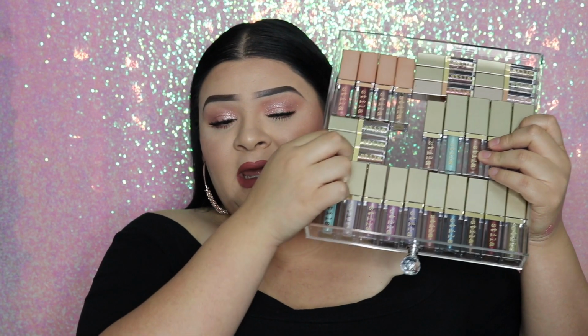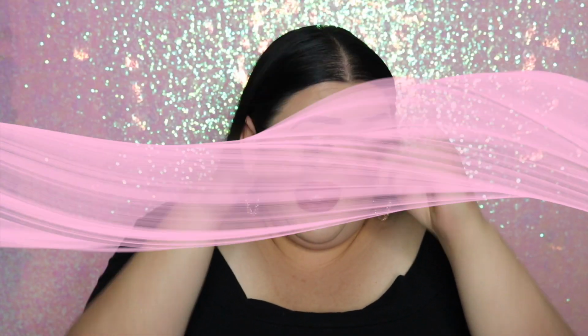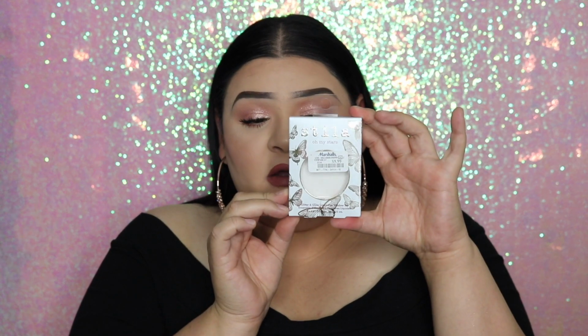These little ones right here are little sets that I've purchased. Normally at the end of the year they have all their makeup, all the holiday makeup collections, and every brand takes out like their little vault or little sets of smaller makeup at a more affordable price. So that's how I've purchased these little sets of liquid eyeshadows, like these baby ones, which look so cute. Now I do want to show you guys how the sets come. This is the little packaging,